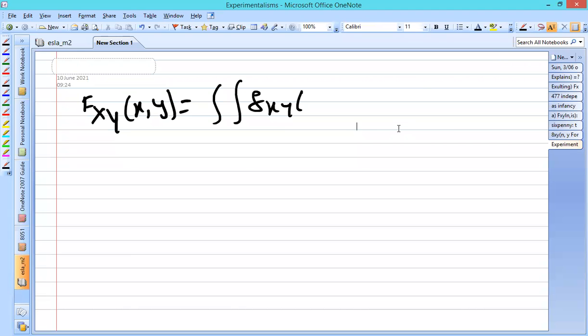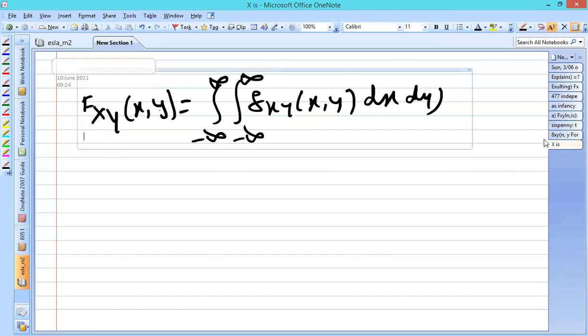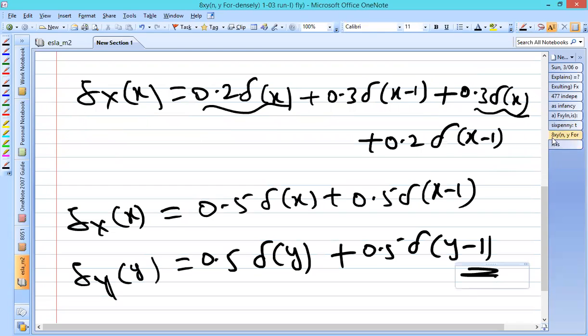So here in the third part, we are asked to calculate the CDF value F_XY of x comma y, which can be obtained by integrating from minus infinity to plus infinity for x, and also for y between minus infinity to plus infinity, the PDF f_XY of x comma y with respect to dx and dy. But here, when you observe the equation of the PDF given here,